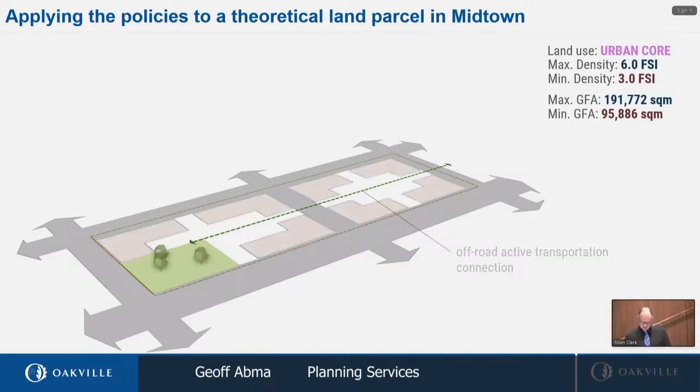So now we can start laying out buildings on our site. In this example, we've gone with a perimeter block concept where the buildings front the public streets, and we create some semi-private space on the interior. And we break up the buildings along the frontages to allow access from the street into these spaces. And these spaces can be used for privately owned public space, or POPS. It could be possibly back of house functions, or for mid-block connections like the one identified by the dashed green